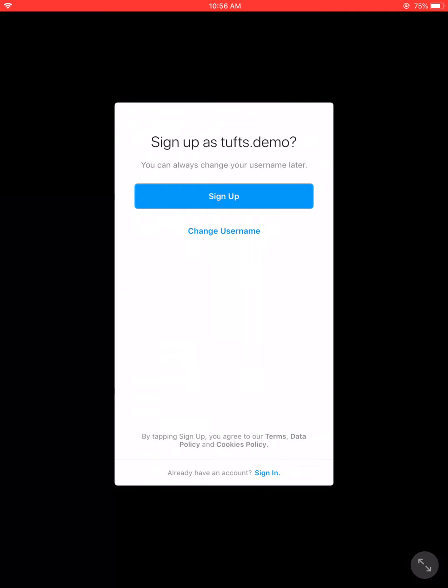What this shows is the username that they will show when you post pictures and such. So one of the ways that this is different from Facebook is that when you post something on Facebook, it's posted under your name. On Instagram, when you make posts, it's posted under the username that you choose. So as you can see here, based on the email information that I typed in, they created a username for me. If I'm happy with the username that they created for me, which is tufts.demo, I can just go ahead